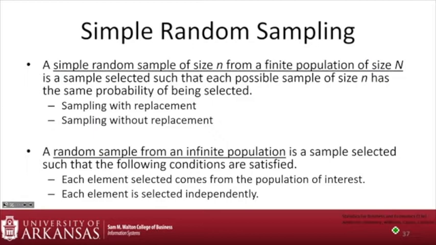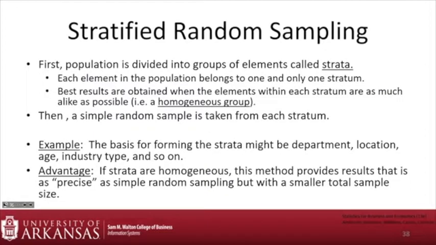But when you have an infinite population, like in a manufacturing place, right? Things are coming down the line and you have an infinite number, like you're just going to keep making things. Well, I can't just assign a finite number and then randomly pick it because there's more coming, right? So what if I want to sample the ones that we make tomorrow? So the difference between a finite and an infinite population, we have to be able to do and sample all of those different things.